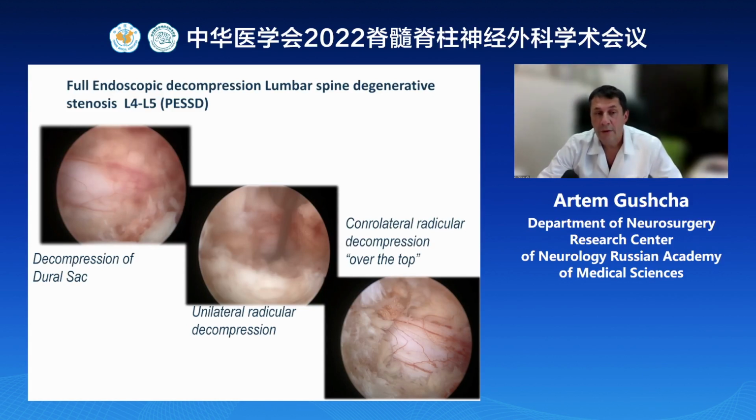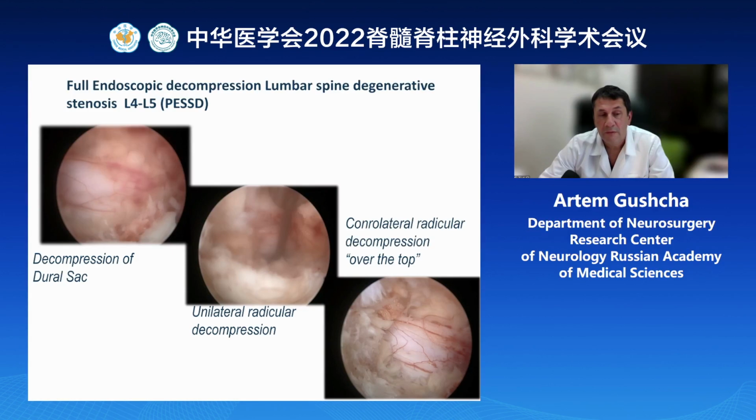So the decompression on the side of the surgery and the decompression of the contralateral side, the radicular over-the-top technique, is much easier. That's why you can nearly perform the decompression of the whole level from one side,